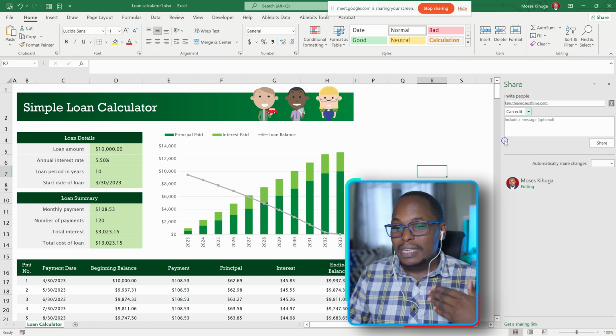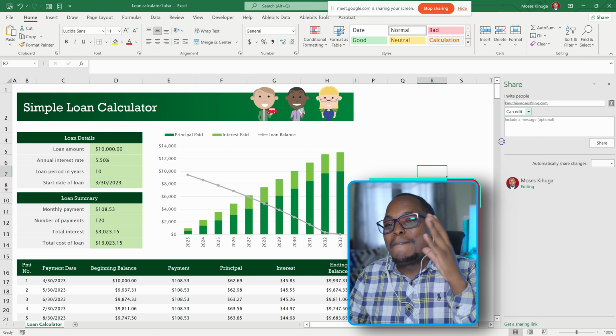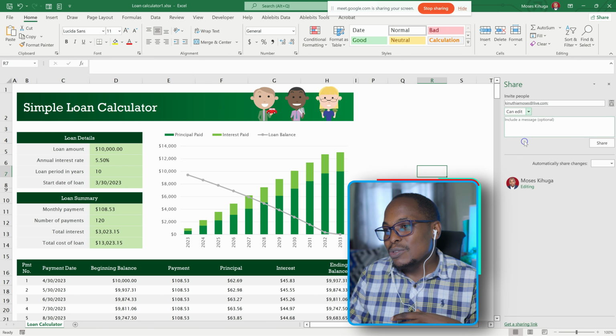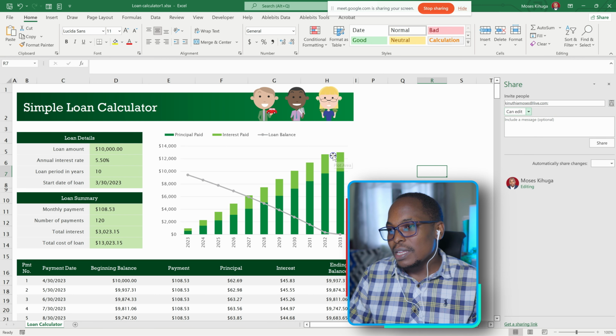Like for example, when you're sending an email, you have the email body and you have an attachment. Now the file will be the attachment and this will be the email body. You can say, hey, check the formulas there, they're not working. So yeah, something like that. You can just click after you're done. So I want to edit also from the other end. I can just click on Share,